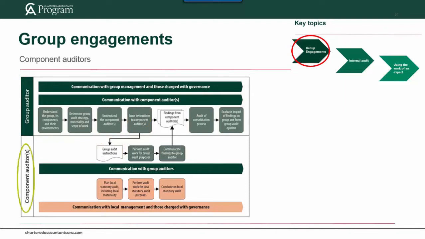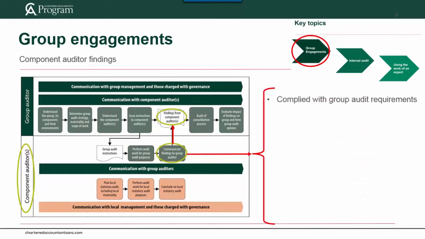In practice, component auditors perform the work requested and communicate their findings at specified points in time over the course of the group audit. The findings reported to the group auditor by the component auditors summarise the results of the work performed, including whether the component auditor has complied with the requirements of the group audit, whether the component auditor has complied with the ethical requirements that are relevant to the group audit, the identification of the financial information on which the component auditor is reporting,